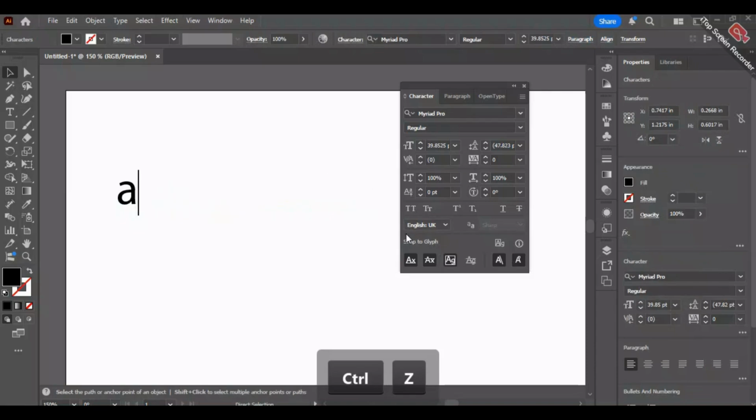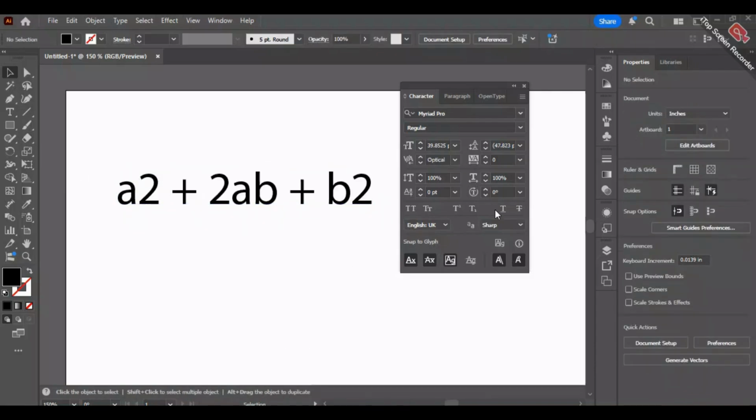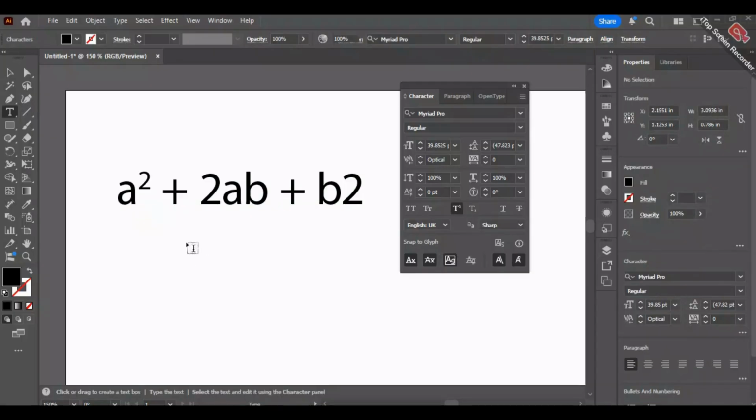There's another way to do this type of thing. The other way is that you can select it like this. I'm going to select it, and over here this is a superscript. If I click over here, this is way better than that one. But yeah, everyone has their own opinions. So I've created a